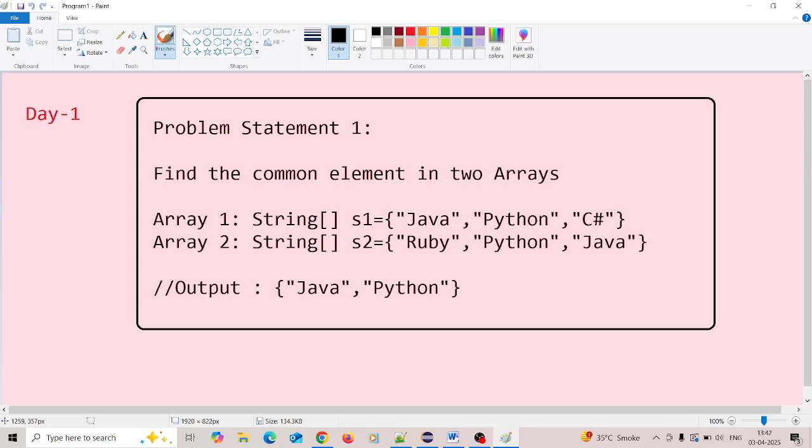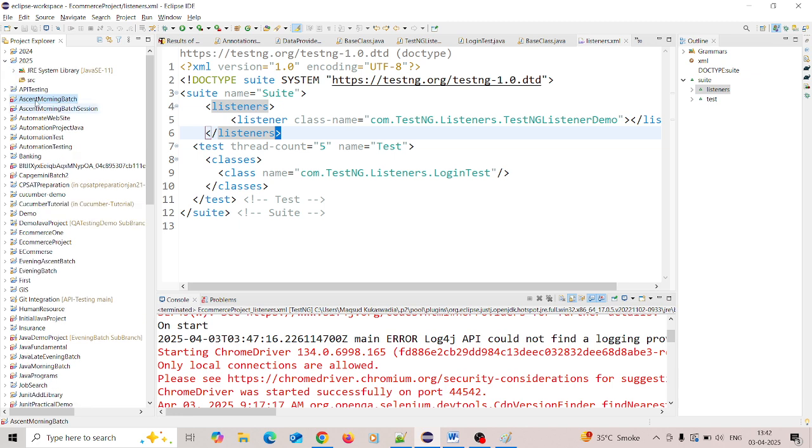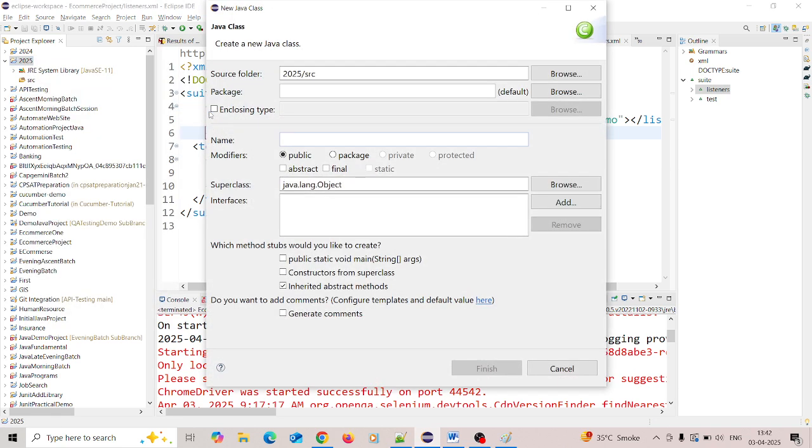So without further delay, I'll navigate to my Eclipse window, and we'll try to complete this problem statement to get the correct solution. All right. So I have to open Eclipse, and I have already created a project, 2025, in Java, and we'll try to create a new class in it. I'm giving the name of the class as Day-1. I'll add the main method here,